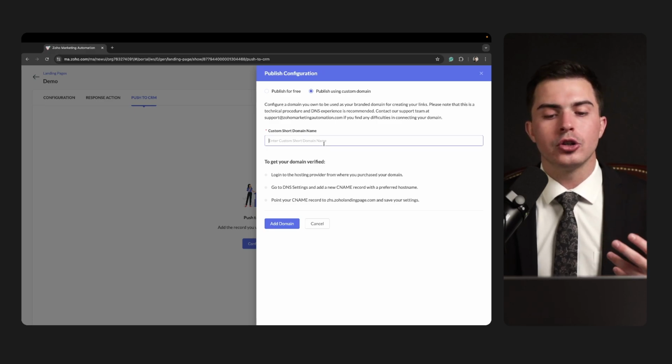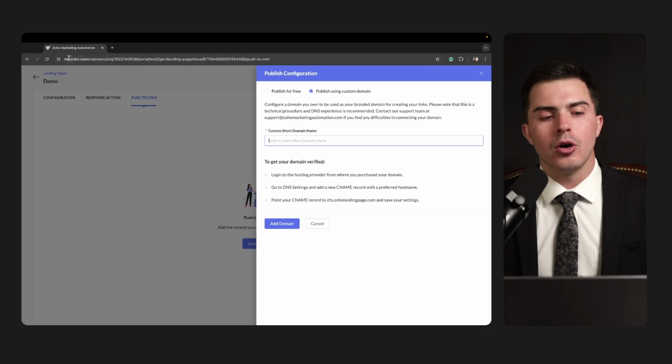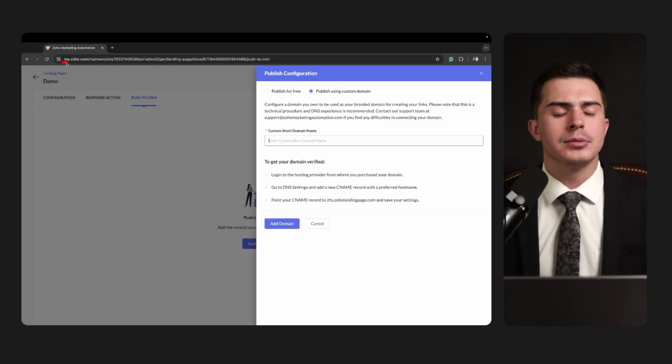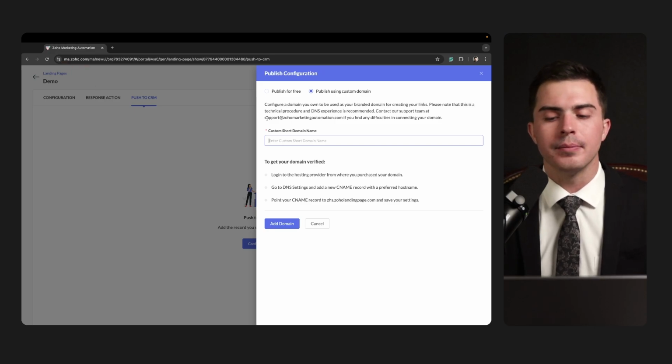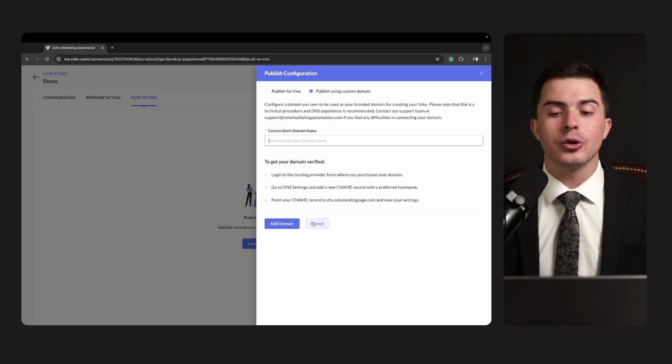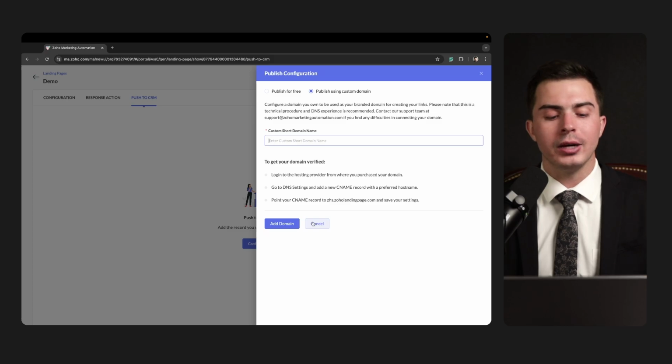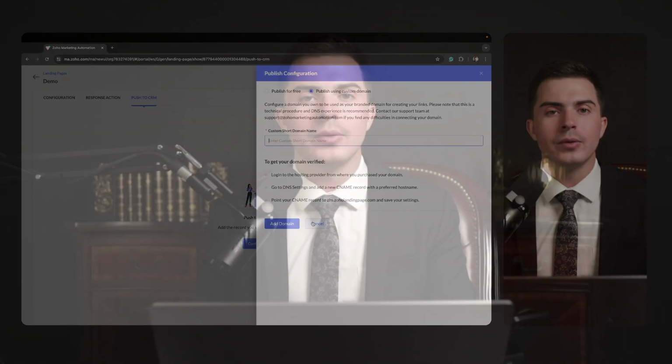So you'd have to enter your custom short domain. That's what would be at the beginning. So almost like here, you can see ma.zoho.com. It would be like something like marketing or like pages.yourdomain.com as an example. So once you add your domain, then you can actually publish that and it will exist on your site. So that is how you can create a landing page and get it operational in Zoho Marketing